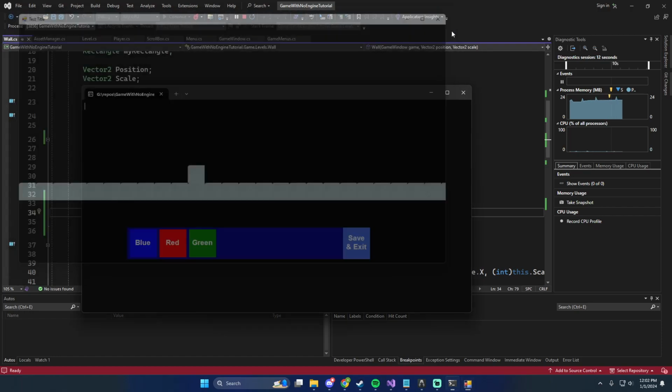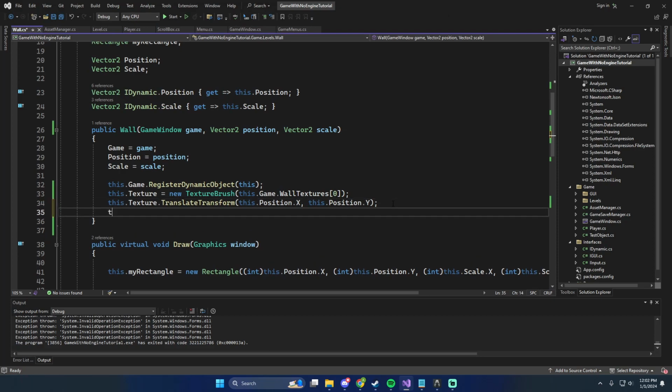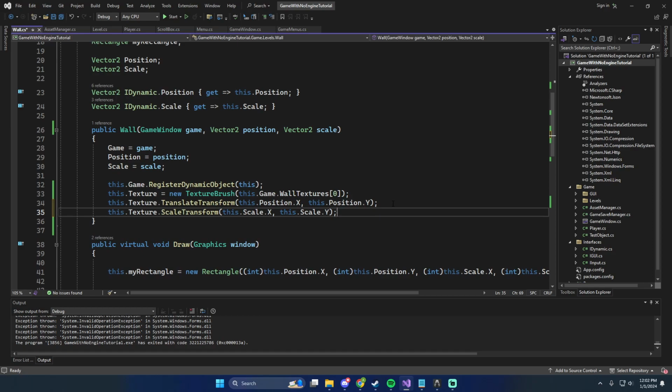The final thing that's left to do is to determine the scale. Now, scale is not easy. When I originally did this, I used this.texture.scale transform, this.scale.x and this.scale.y. That was a horrible idea. Because if we look at the C# scale transform docs,